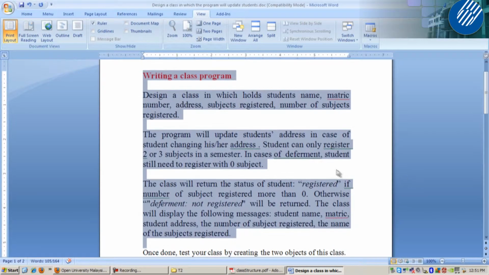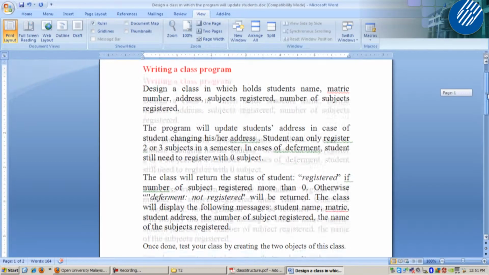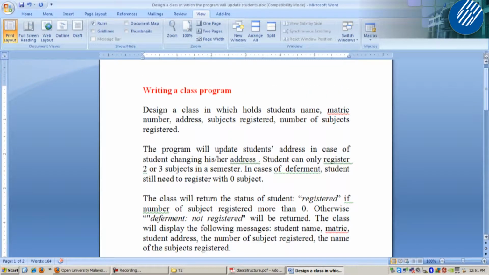I give you a few minutes, maybe 3 minutes, for you to read the problem given. Just try to understand the question or the problem given.